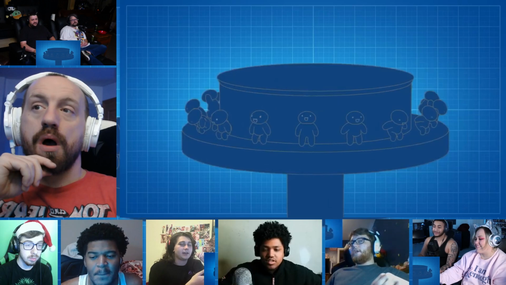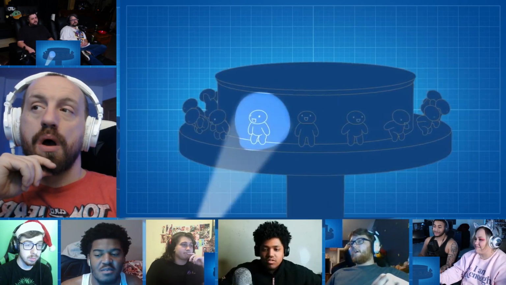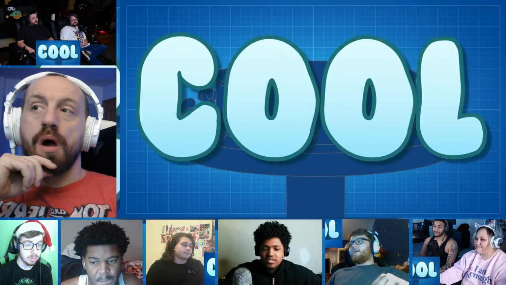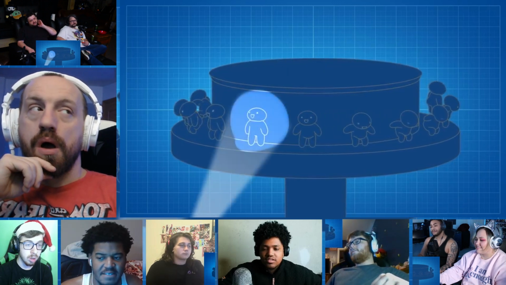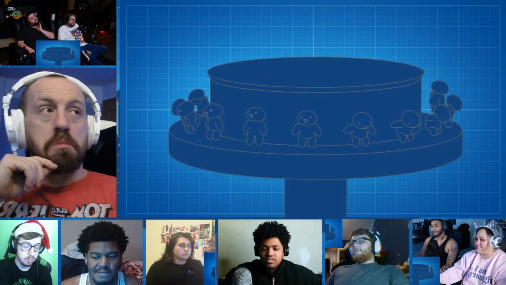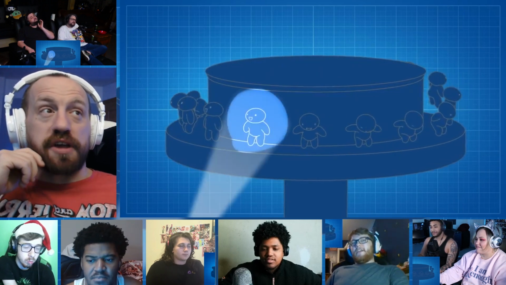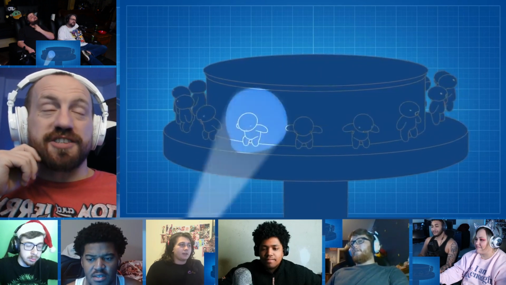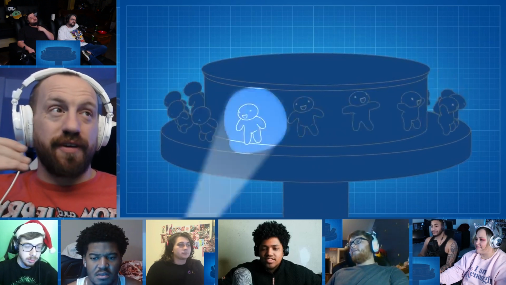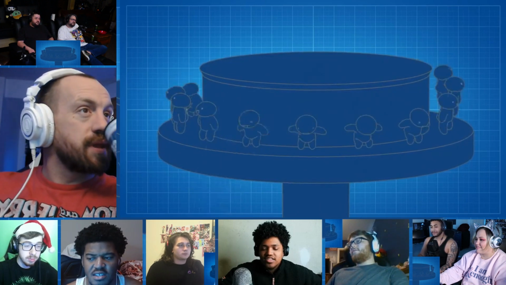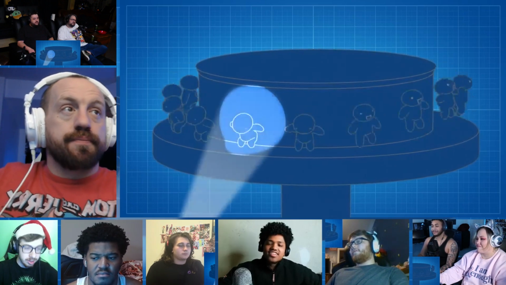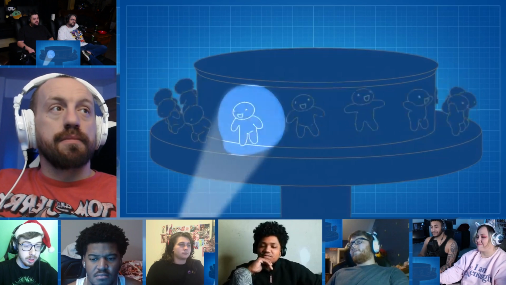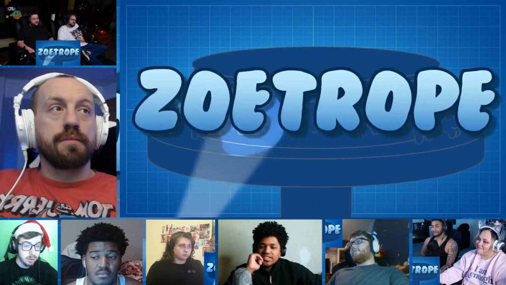What's happening is that the light shines at the first sculpture, and then we turn the lights off. Then, as the table spins, the light will turn back on when the second sculpture is in the same position as the first. So we turn the lights on when the sculptures are in the same spot, and we turn them off when they're not. And what we end up seeing is all of our figures standing in a circle, performing the animation, and we don't even register that the whole thing is spinning. And congratulations, you all know what a zoetrope is now.